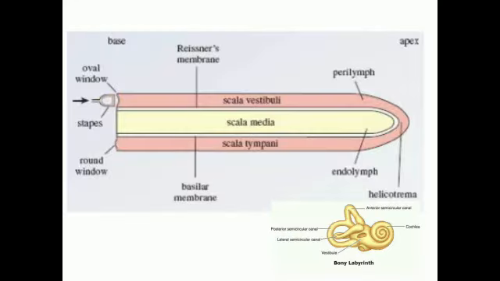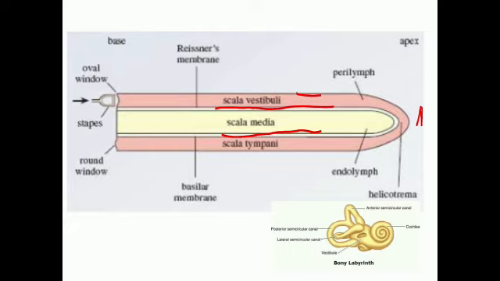See, if the cochlea is rolled out, to imagine, here it is the scala vestibuli, scala media and scala tympani. The Reisner's membrane and the basilar membrane are fused towards the apex of the cochlea. So the scala vestibuli and the scala tympani communicate at the apex of the cochlea. And here it's the base of the cochlea, which is more closely related to the middle ear.